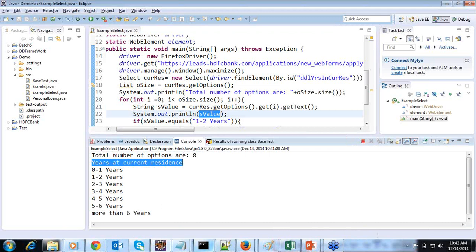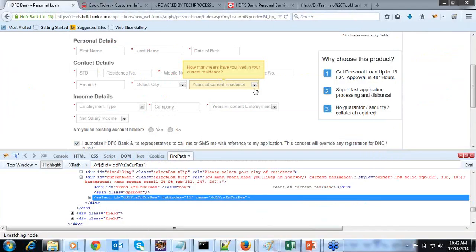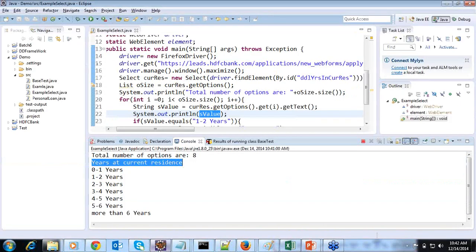That is the first option present inside the drop down, that is years at current residence, then 0 to 1 year. So that is the second option it has displayed,